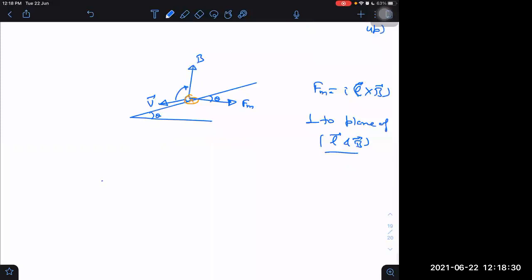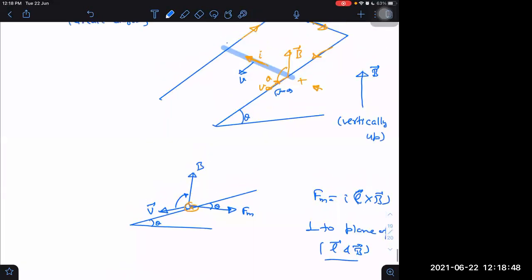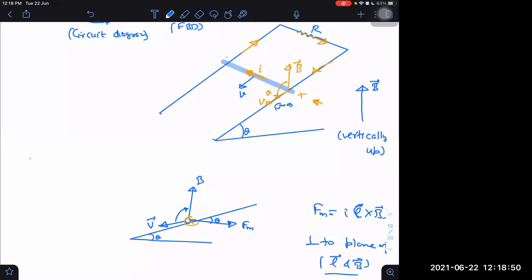What is the equation then? Equation will become mg sin theta minus magnetic force is equal to mass into acceleration. What is the magnetic force formula? Magnetic force formula will be B square L square V cos theta by R square. I have to check EMF first. Circuit diagram also. Circuit diagram will be like this. EMF here. What is the EMF value?